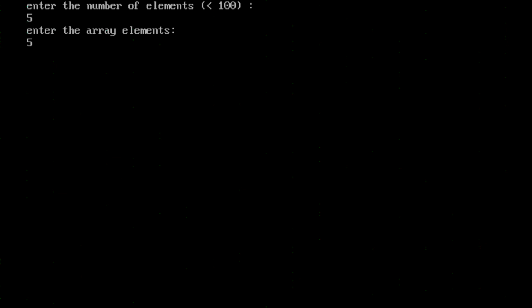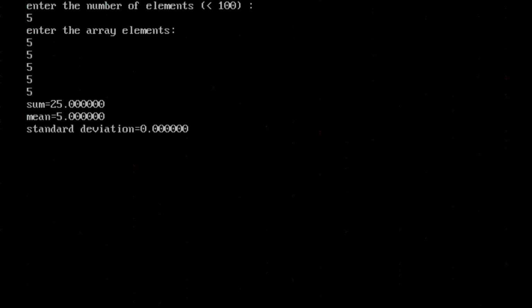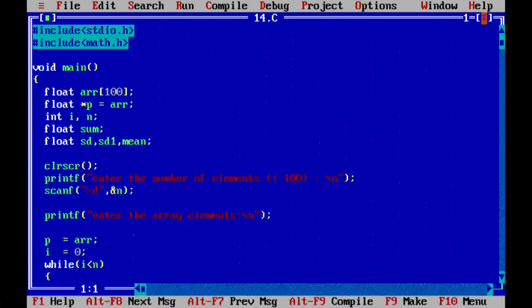Let's say all are 5, the same number. So the standard deviation is going to be 0. That means there is no deviation. But the standard deviation is going to be very huge if I give something like this. The mean is going to be 5, and the sum is going to be 25, but I'm going to put a bigger standard deviation.